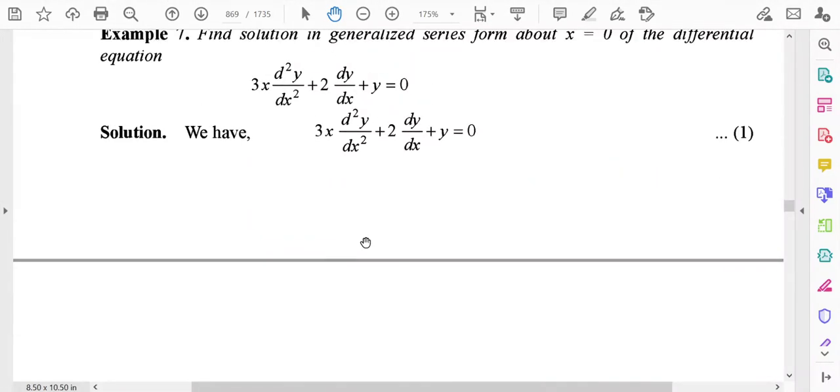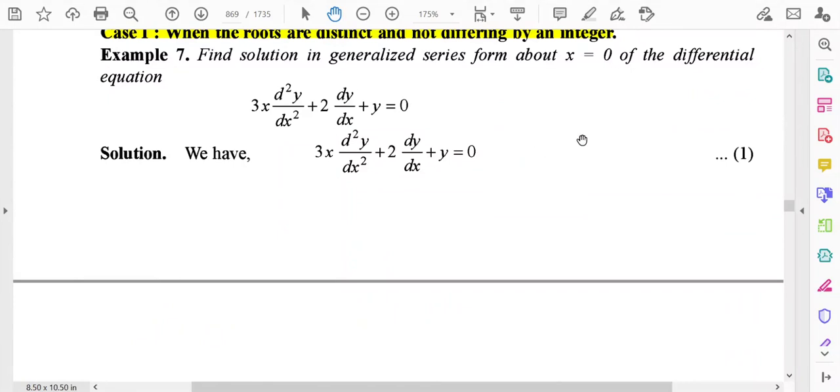So at first you have to verify whether x is equal to 0 is a regular singular point or not. That is, whether it is an ordinary point or a singular point. If it is singular, then whether it is regular singular or irregular singular. But kindly note that we are only going to discuss